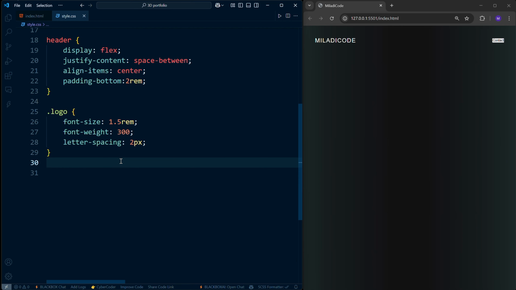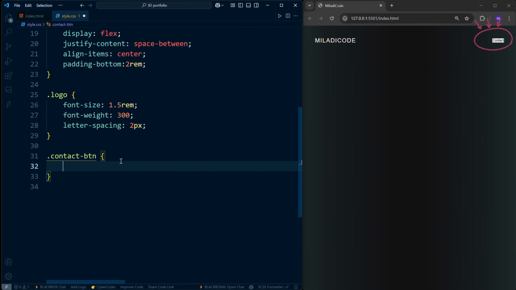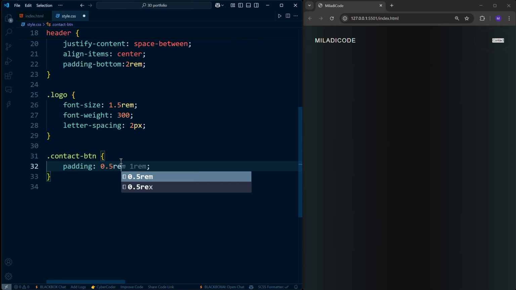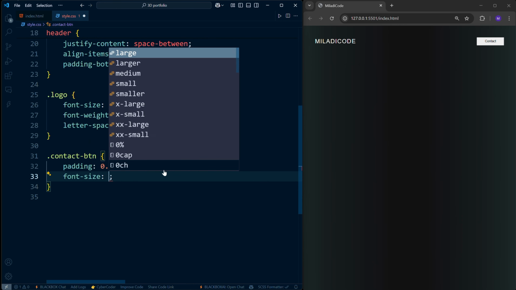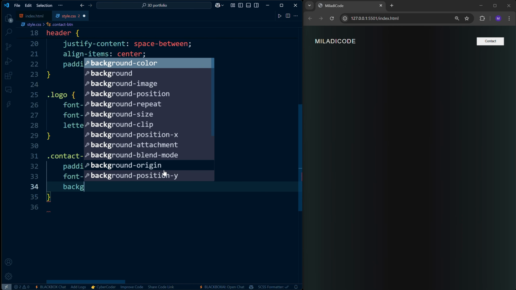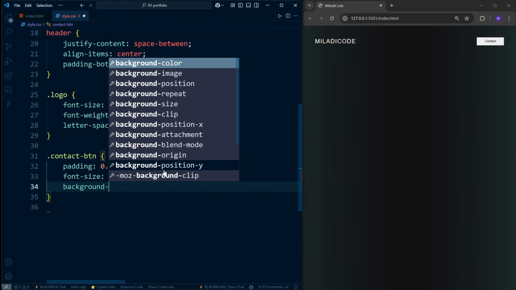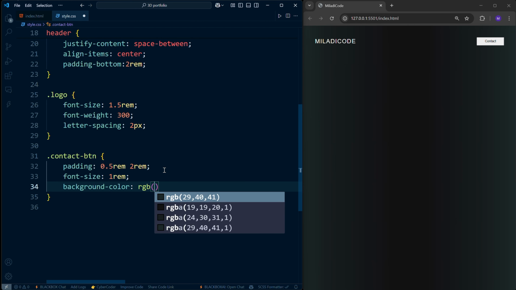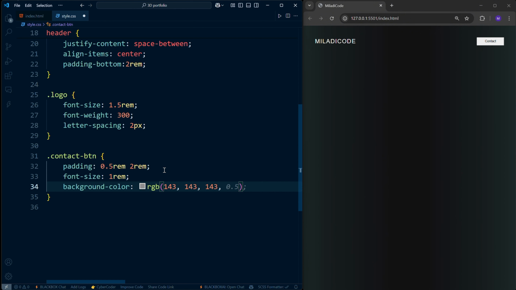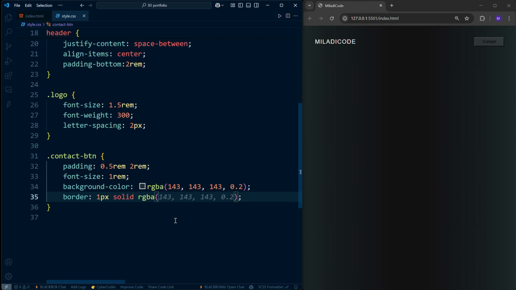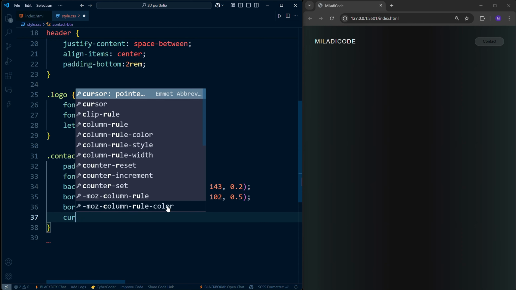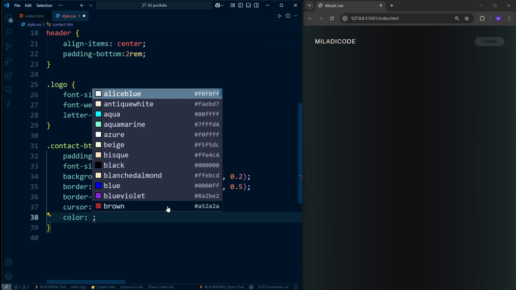Next, let's style the contact button. Set its padding to 0.5 rem for the top and bottom and 2 rem for the sides. Adjust the font size to 1 rem, give it an RGB background color, and add a 1 pixel solid border with a matching color. Round the corners with a 50 pixel border radius, set the cursor to pointer, and change the text color to